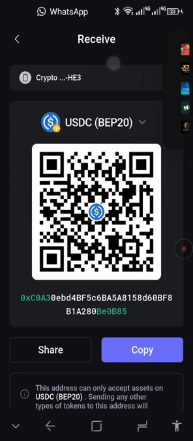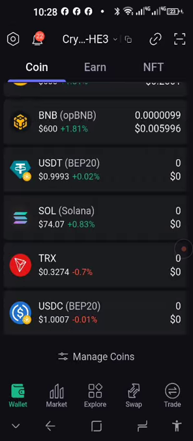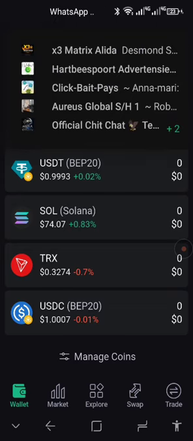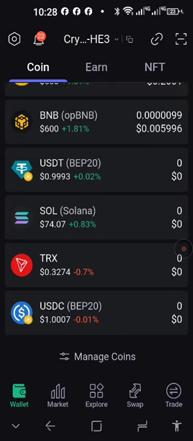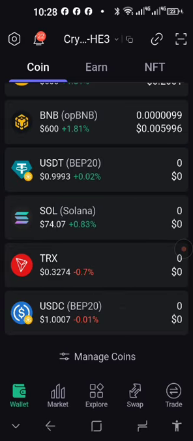So what that means is that you can even just enter your USDT address and it will still come to the USDC. You will just need to add the coin because it's exactly the same address, and it's on the same network, BEP20. That's very important.